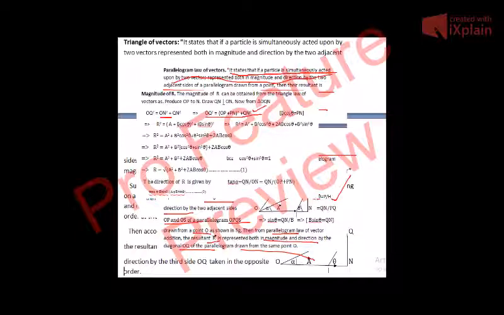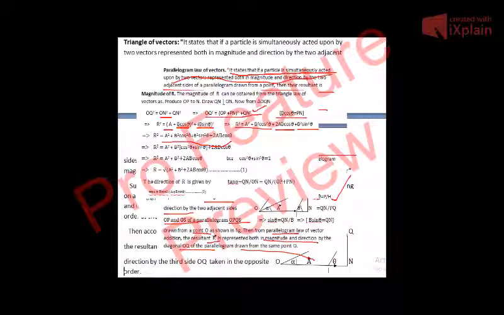Now we substitute the values of OQ, OP, PN and QN. We know that OQ is equal to R, OP is equal to A, PN is equal to B cos theta and QN is equal to B sin theta. So we get R square is equal to the whole square of A plus B cos theta, plus B square sin square theta. This implies R square is equal to A square plus B square cos square theta plus 2AB cos theta plus B square sin square theta. This implies R square is equal to A square plus B square cos square theta plus B square sin square theta plus 2AB cos theta.